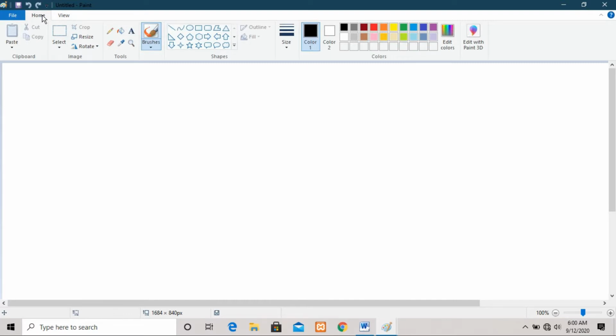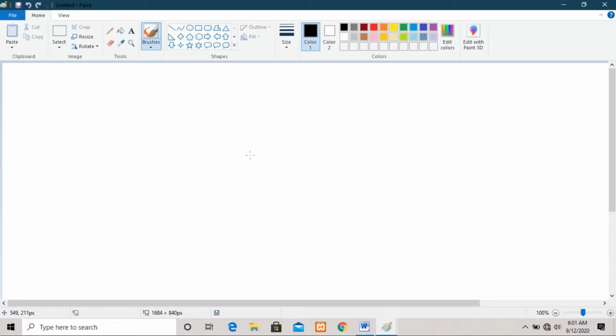Now come to the one below. This place of MS Paint is known as the ribbon. Just below that we have the white space area, which is known as the sheet, where we can work.